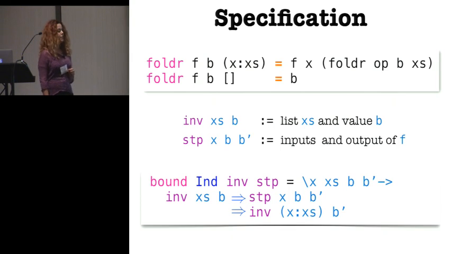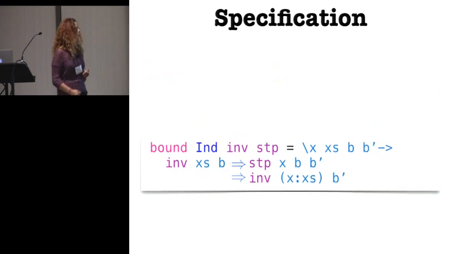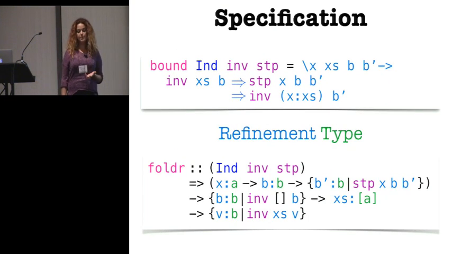So I'm going to define an inductive bound on these two relations that actually encodes induction on lists and say that if I know that the value b satisfies the invariant on my tail, on my list axis, and I also know that from b I step to b prime using the head x of the list, then I know that b prime satisfies the invariant on my list x cons axis. So this bound directly encodes induction on lists, and I can use this bound to give a refinement type specification